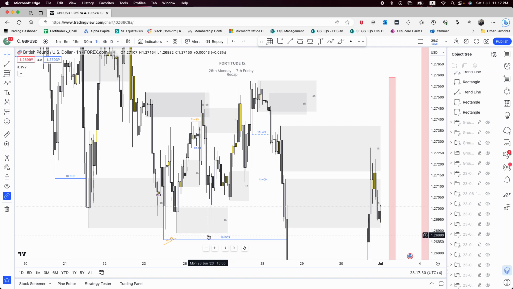Now this low, the objective of this low is to have a deeper pullback, right? And then we see that it closed up here, it swept, and then it pushed down again, right? So now I'm thinking that it took all of this liquidity because it failed to close above. This is the next day at pre-London almost. It swept all of this liquidity and it had a massive push down, right? So I'm thinking that at this point in time that this is weak because